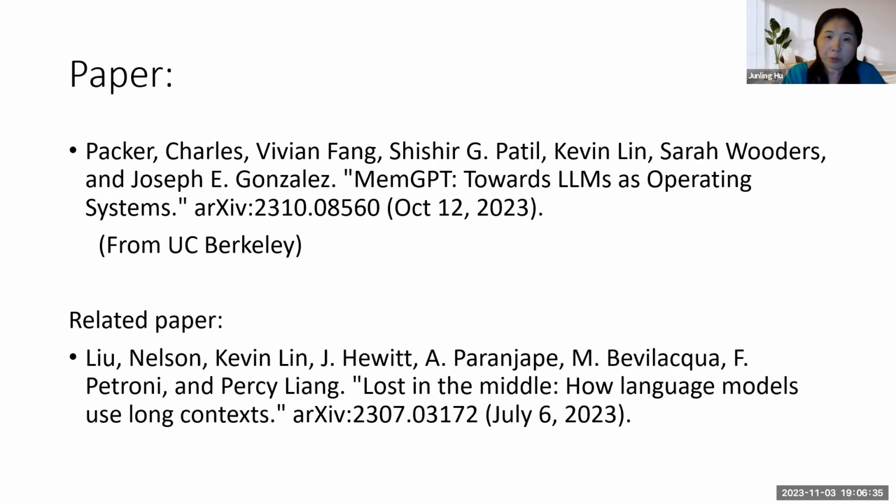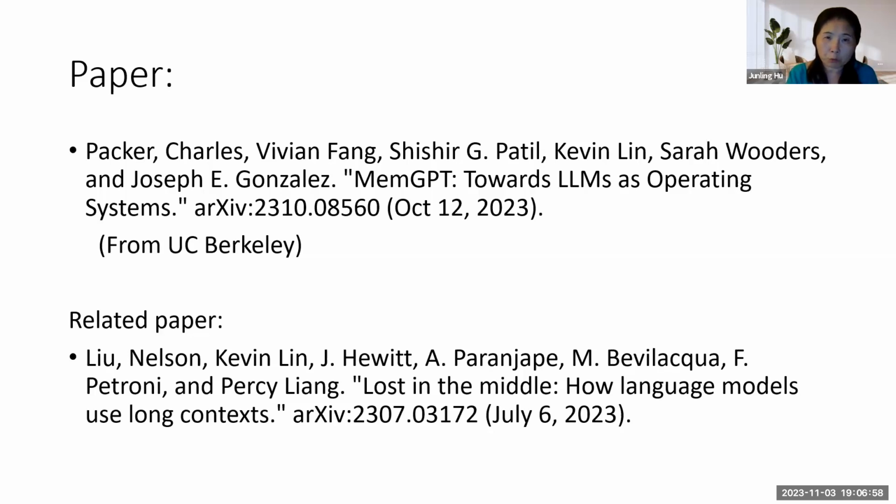A related paper, from Stanford University, was published a few months ago, called Lost in the Middle. It evaluates current large language models with long context and how they perform, how the language model treats retrieval.